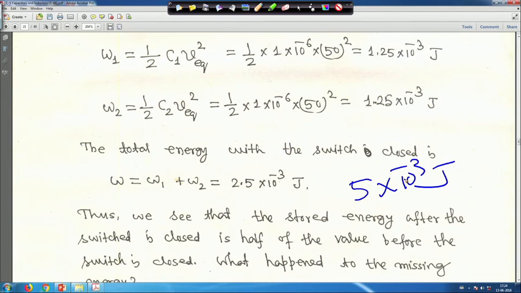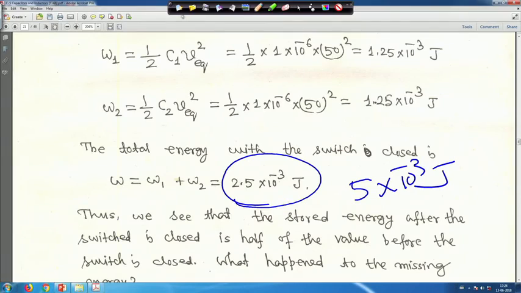That is, before closing the switch, but after closing the switch, it is coming 2.5 into 10 to the minus 3 joules. That means, energy balance is not there. That means, some 50% of the energy is missing, then where that energy has gone, right. That is why this problem I have taken, that where that energy has gone. So, to do this,